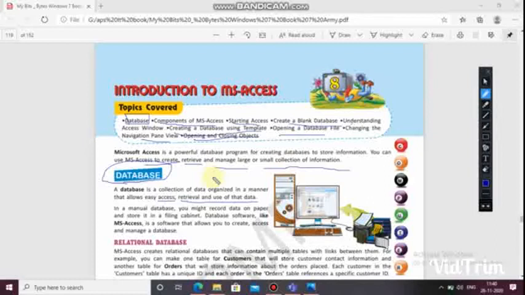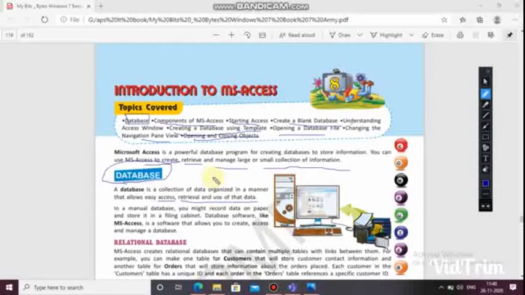Okay, these are data. They are not organized. They are just facts and figures which we collect from different sources. Information. Information is well organized facts and figures which are meaningful. So a database is a collection of data organized in a manner that allows us easy access, retrieval and use of that data.